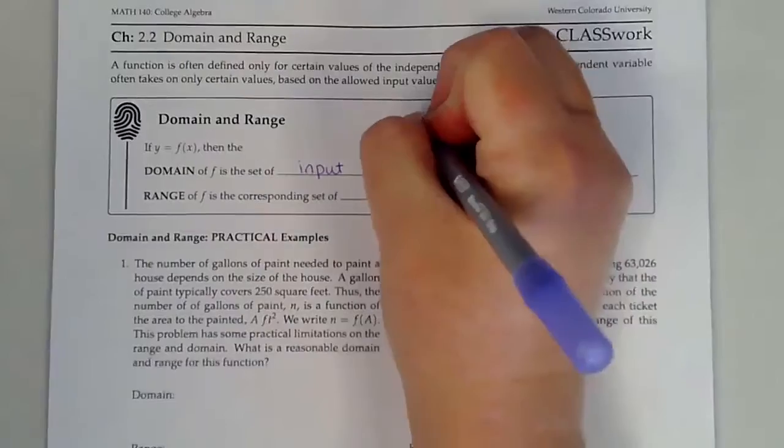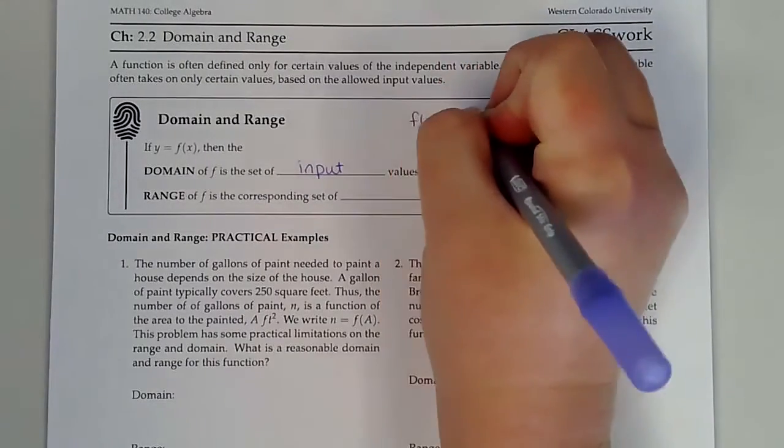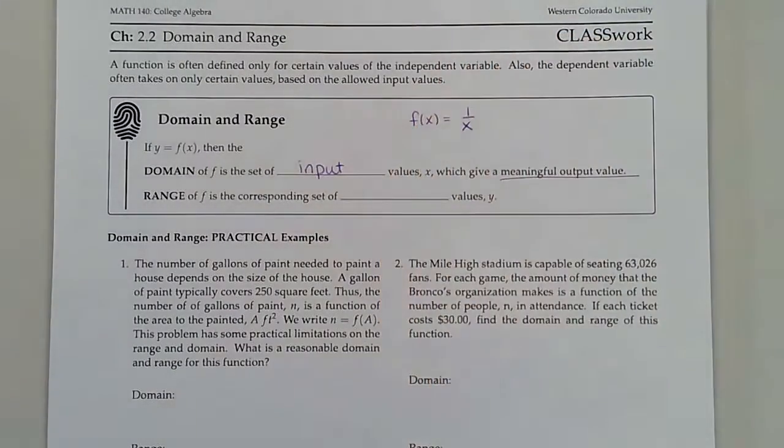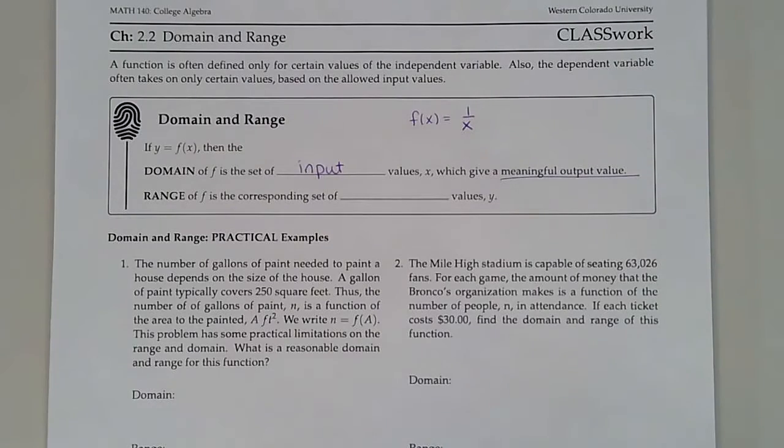Consider the function f of x is equal to 1 over x. When we think about the x values we can plug in there, we could put a 2 in, we get a half, we could plug in a -4, we get a -1/4. The one number we can't plug in is x equals 0, because that would make this thing undefined. You're not allowed to divide by 0 in math. And so we would say that x equals 0 is not in the domain because it doesn't give us an